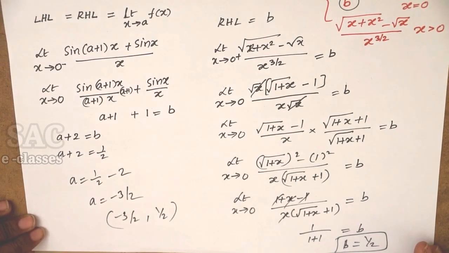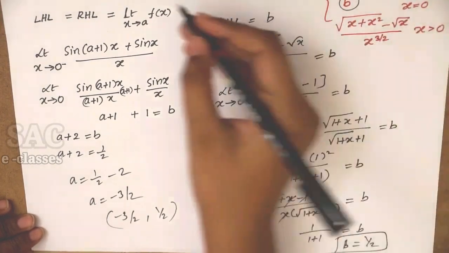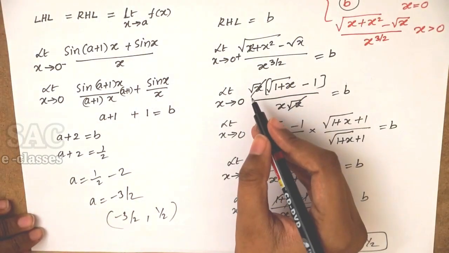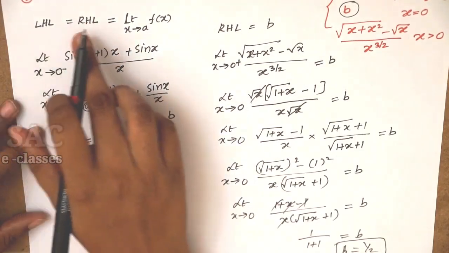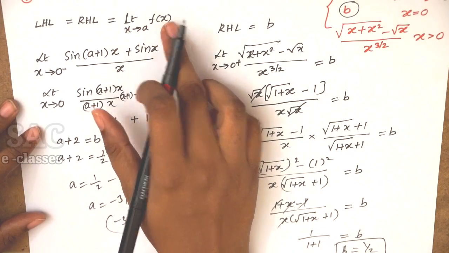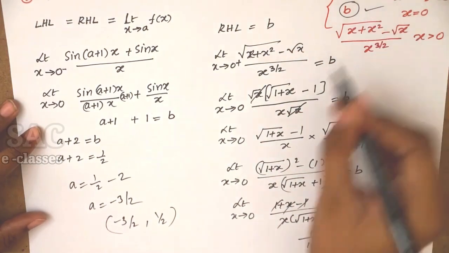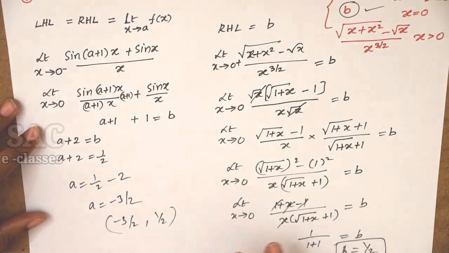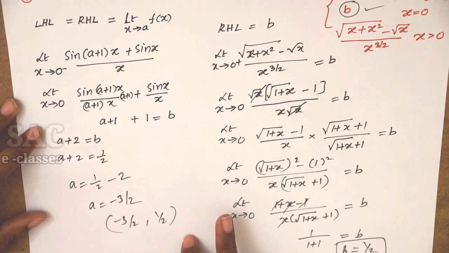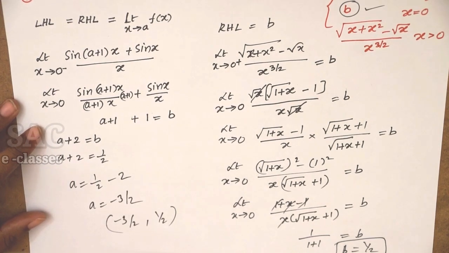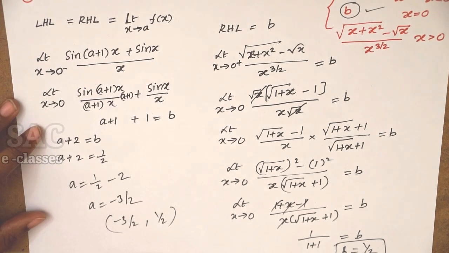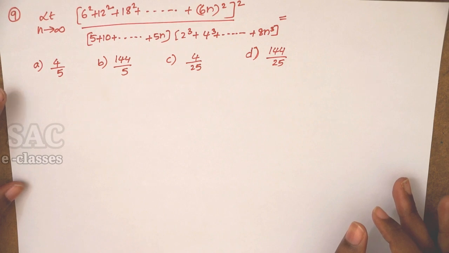Simple, I have observed that here, what is that? It's a function defined and also they said that it is continuous. In continuity, LHL is equal to RHL as well as it is equal to the actual limit also. Then I have used it separately. I got the b value first. Later I used that b value and substituted here. Then I got the a value. Let us move to the next problem. Now look at the next problem.